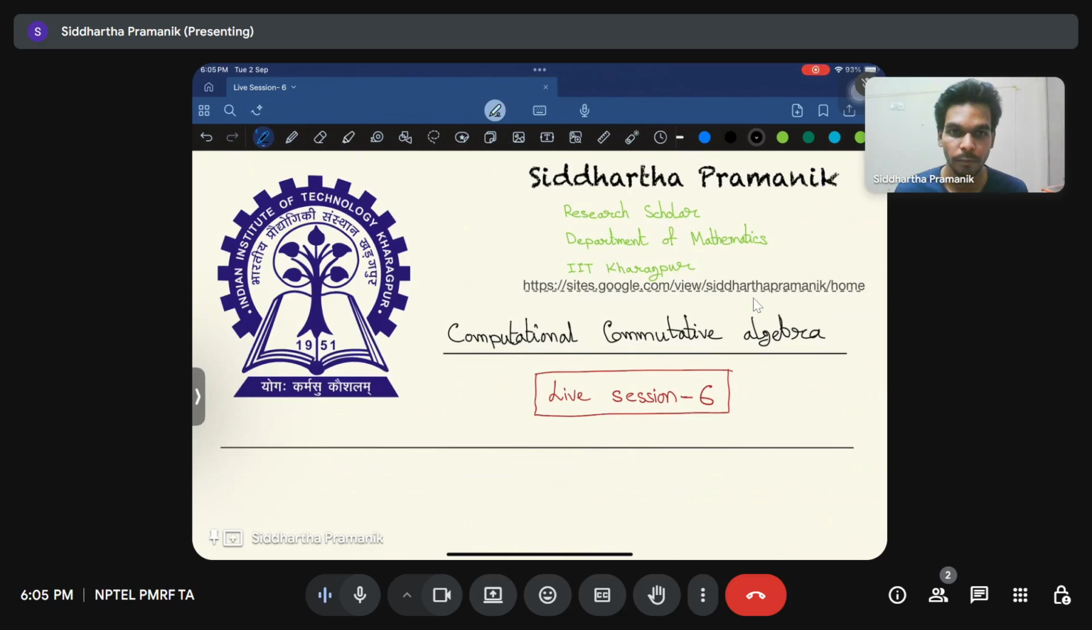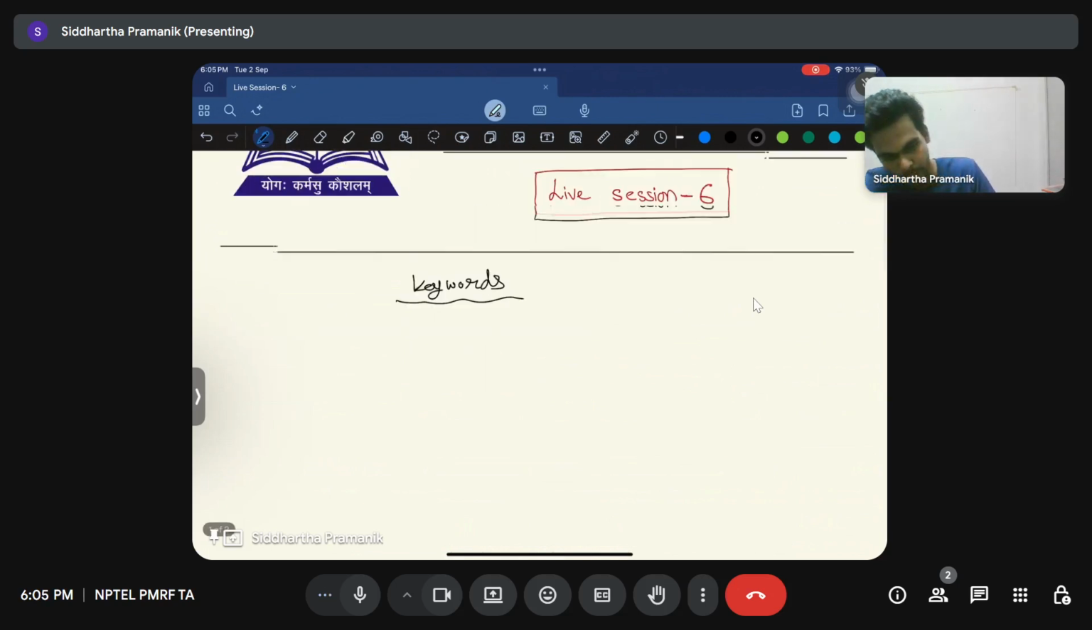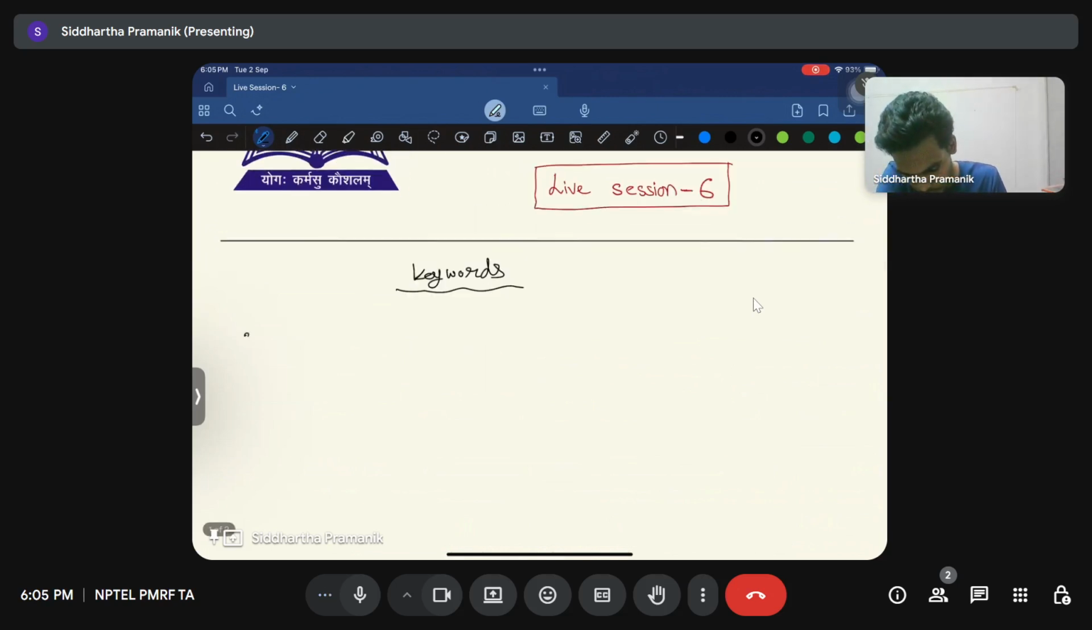Let's start by summarizing the topics of week 6. Then I will come to the problems related to those topics. Let's write the keywords of the topics of week 6. So in week 5, we were looking at associated primes, and in week 6 we started with some more properties of associated primes,